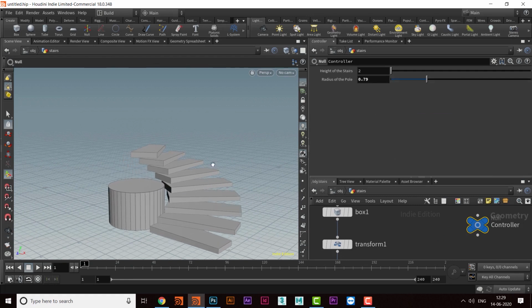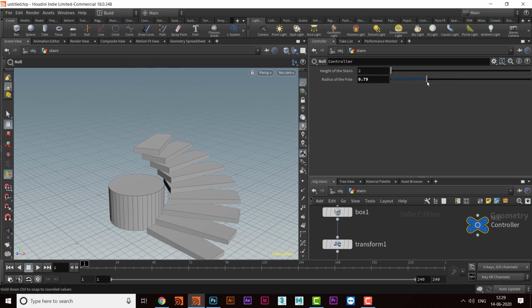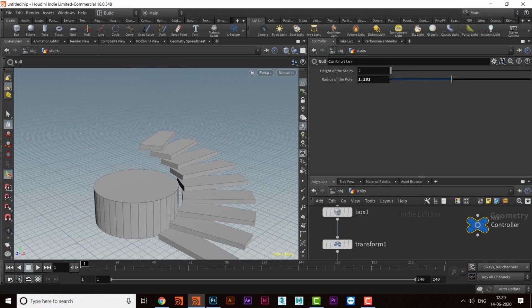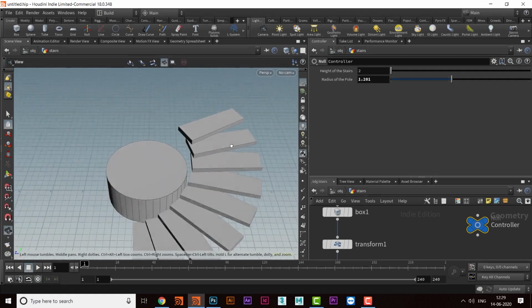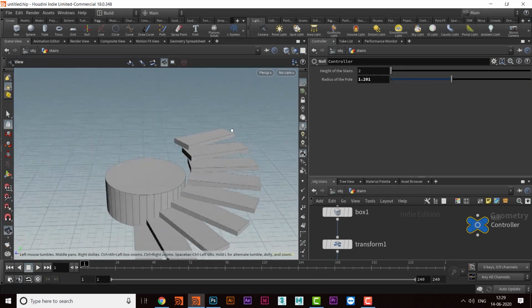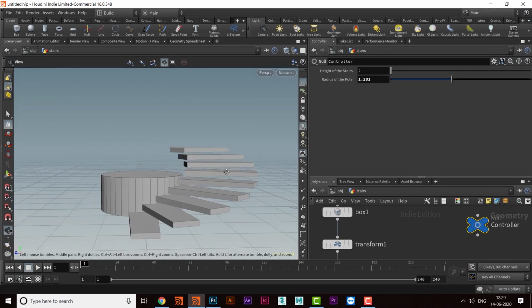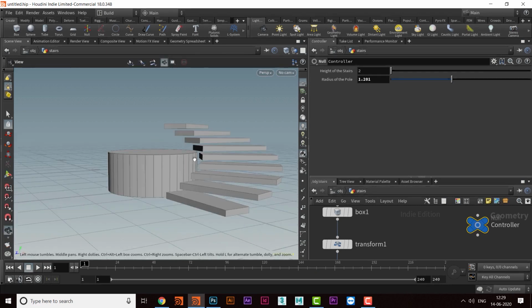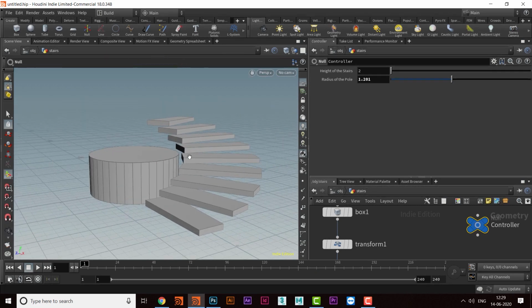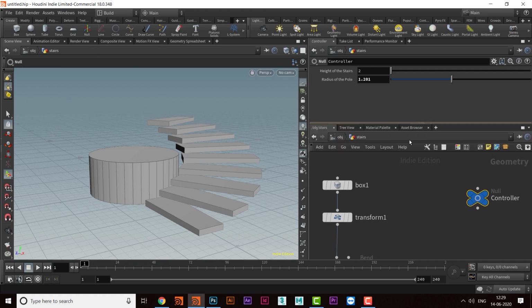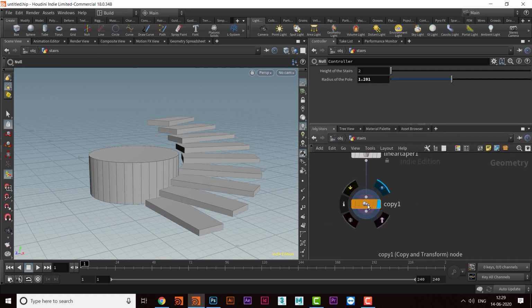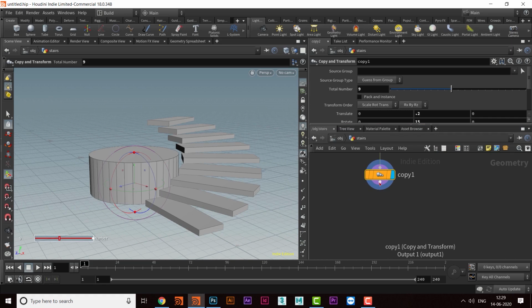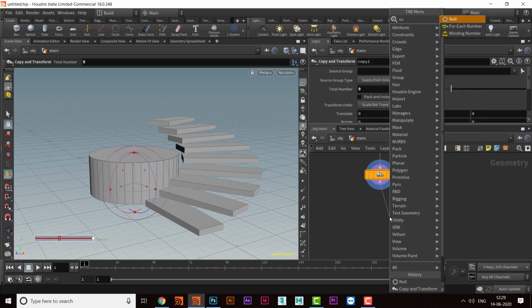Okay, so the radius of the pole. Okay, and now I have to consider the height of the pole. So how can we do that? I will come here in the copy. Okay, so I'll come and take a null.